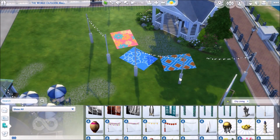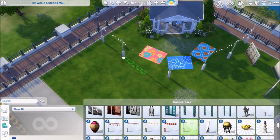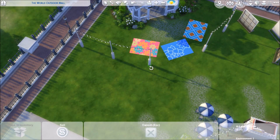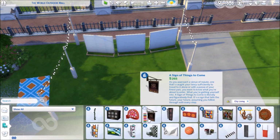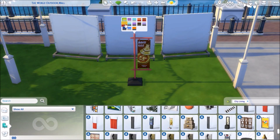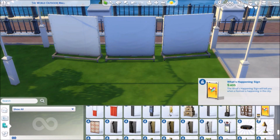Lanterns are definitely more other cultures. So yeah, I sort of tried to frame pathways and separate the little areas. So there's the picnic and stage area, there's this little art area, and the art area was very much, I was thinking of